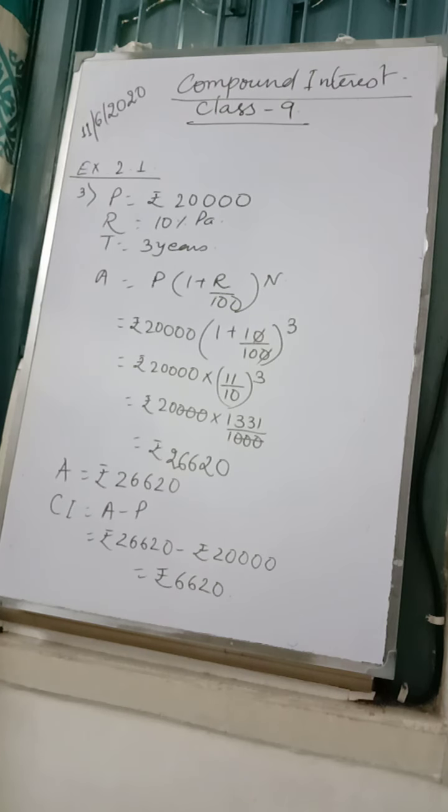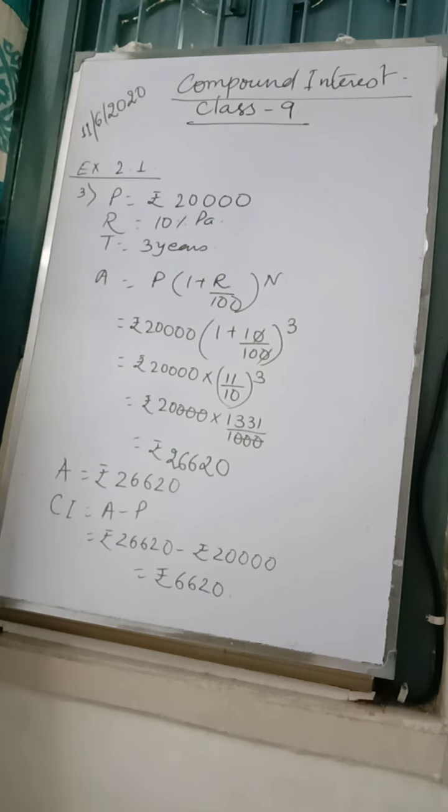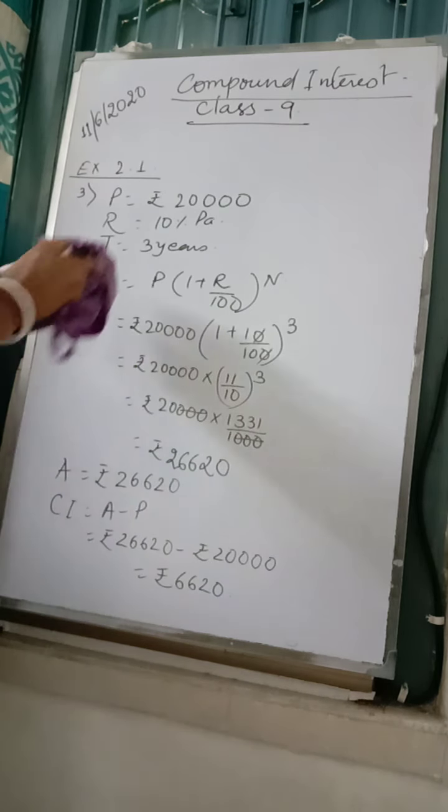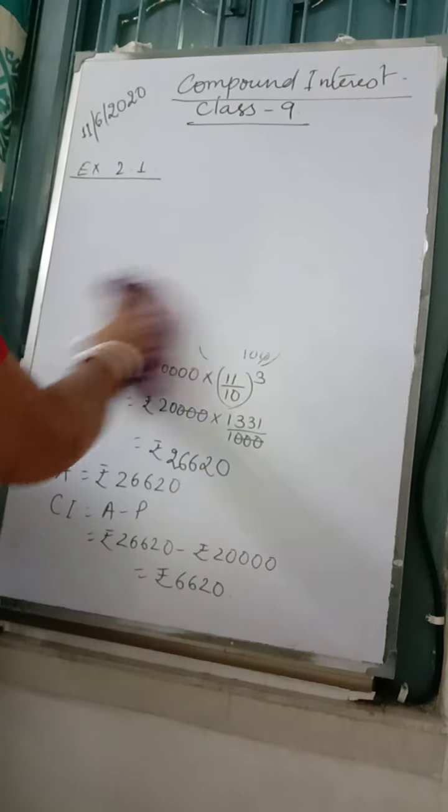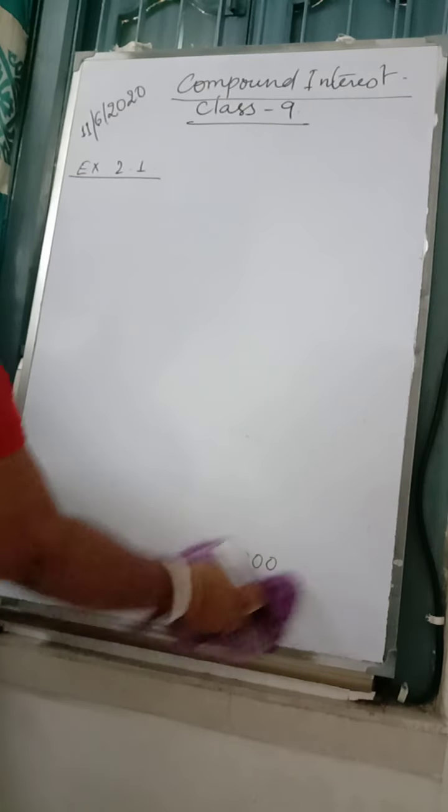This is the amount and compound interest when the rate of interest is given and the interest is calculated yearly. Now look at question number 6. Here the interest is calculated semi-annually. Semi-annually and half-yearly are words that stand for the same thing. Semi-annually is half-yearly only. So look at question number 6, when we have rate of interest which is calculated half-yearly, from the same exercise.